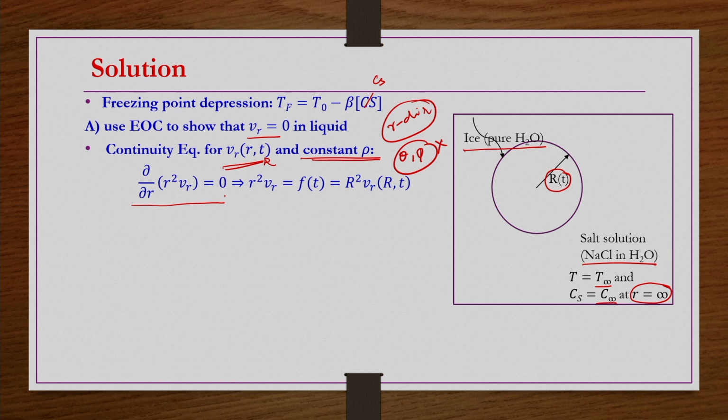dou by dou r of r square Vr equals 0 plus 1 by r sin theta dou by dou theta of V theta sin theta would also be there, plus 1 by r square sin theta dou by dou theta of V phi sin theta. These terms should also be there, but we are not taking these terms, right. V phi terms or theta terms we are not taking. That is the reason we are writing only this part. Okay, this we understand because we have already solved so many problems.